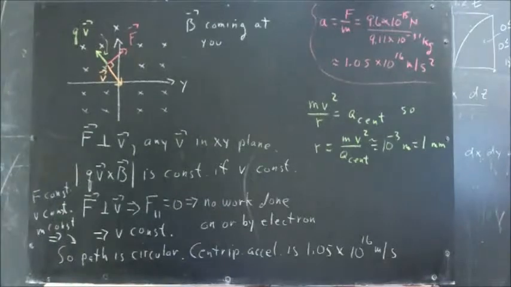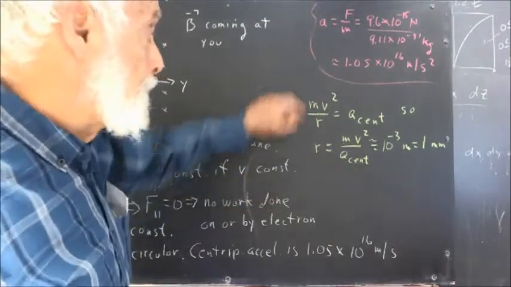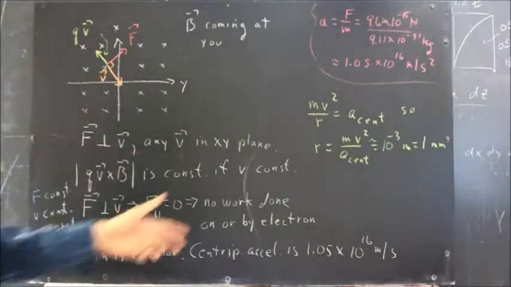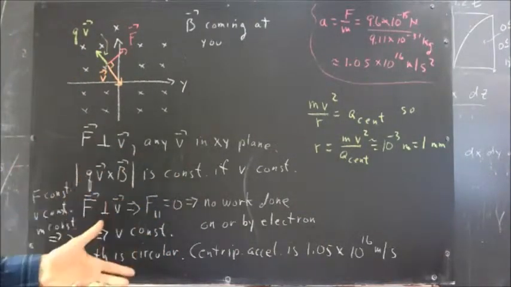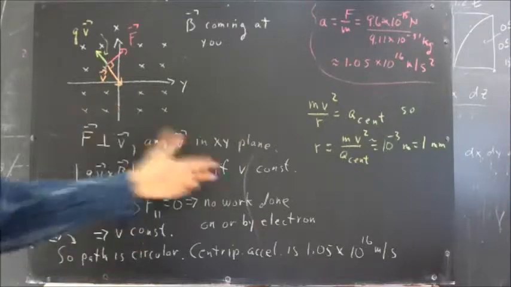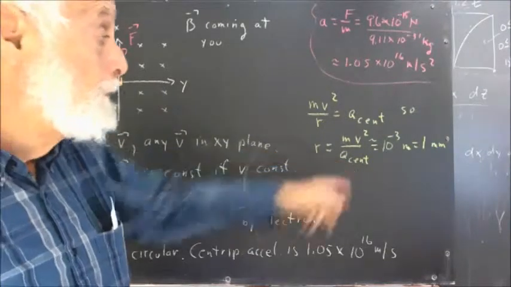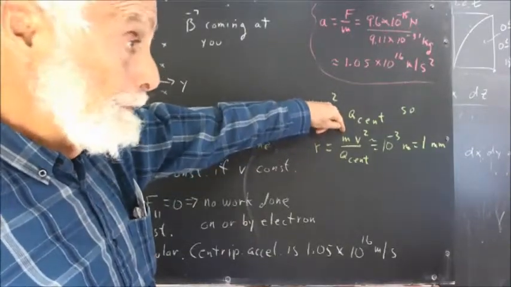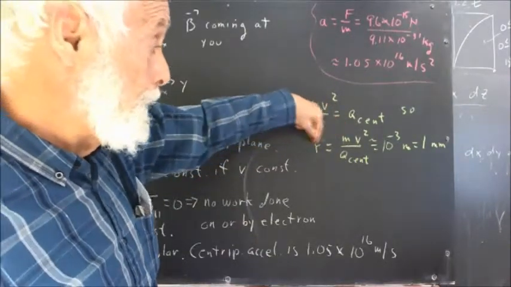Okay. Now, I also mentioned in class, and I'm going to write it down here so we can take a look at it, what happens if the particle is more massive. If the particle is, let's say, a proton with ballpark 1800, well, just ballpark that out to 2,000 times the mass of an electron, what's that going to do to this radius? Well, the mass is going to be a lot greater, 2,000 times is great,